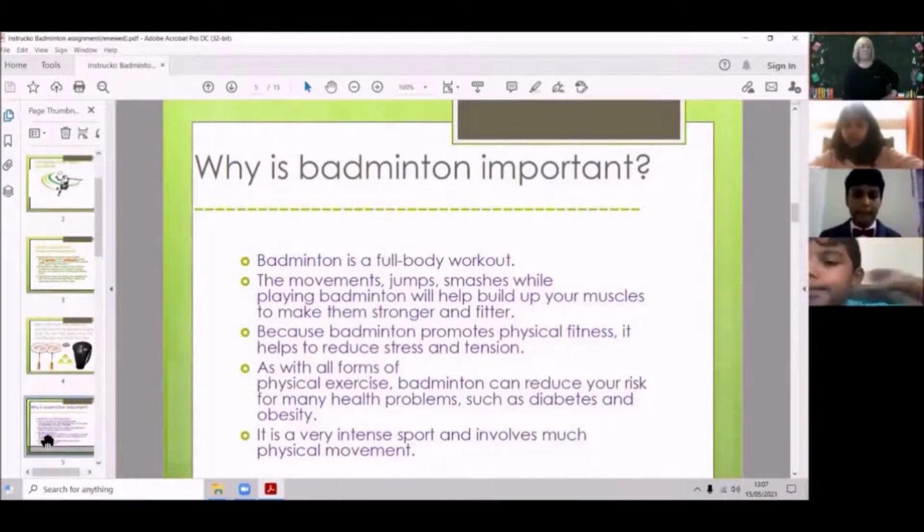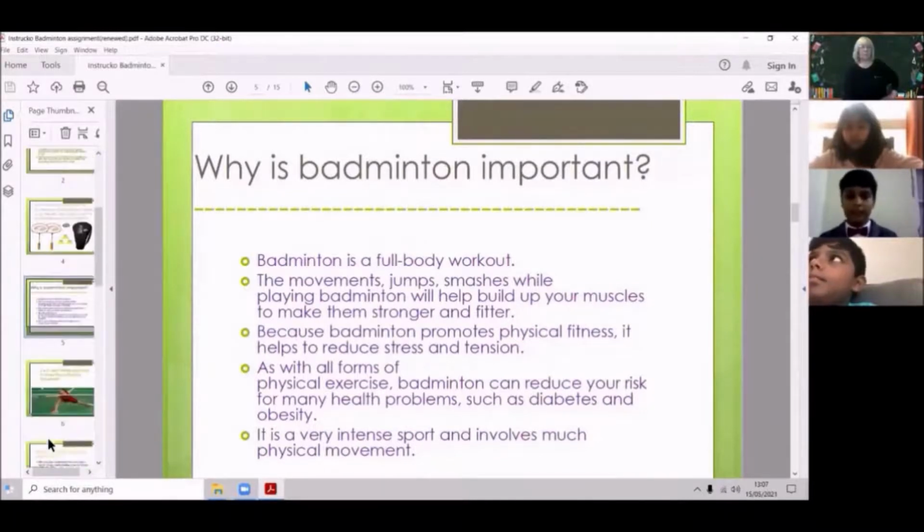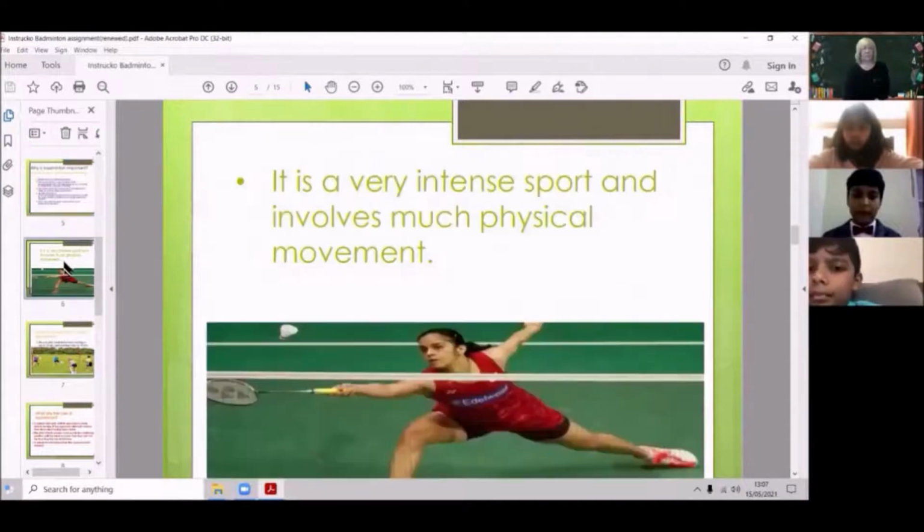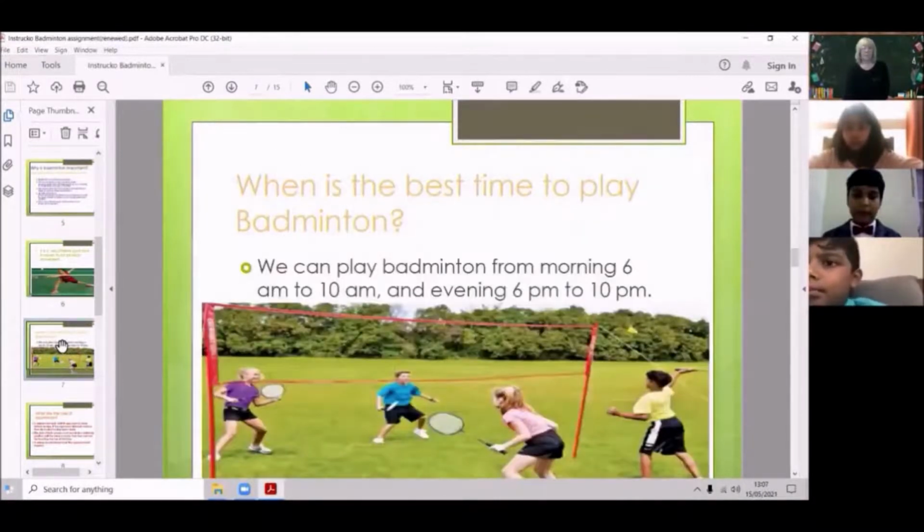Why is badminton important? Badminton is a full body workout. The movements, jumps, smashes while playing badminton will help build up your muscles to make them stronger and fitter. Because badminton promotes physical fitness, it helps to reduce stress and tension. As with all forms of physical exercise, badminton can reduce your risk for many health problems such as diabetes and obesity. It's a very intense sport and involves much physical movement. It is a very